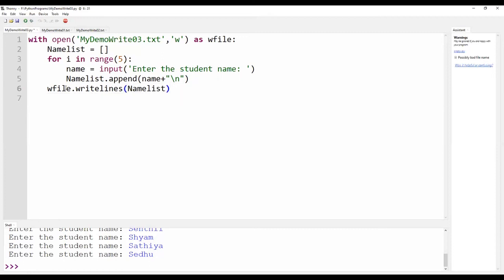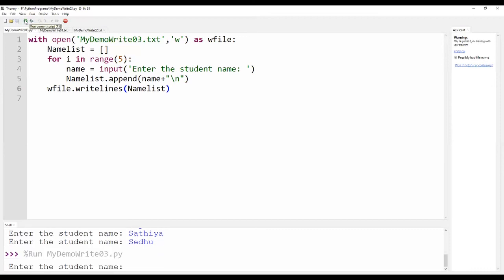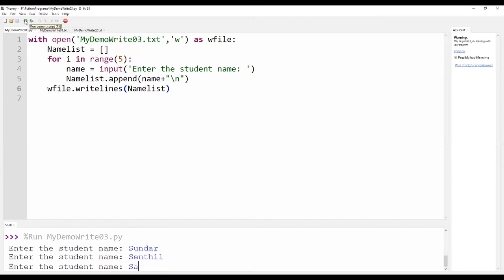Let me save this program and let me run. It is accepting. I am giving the same input: Sundar, Sendil, Satya, Sedu, Sham.